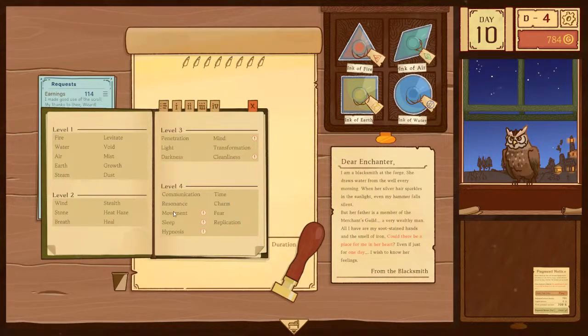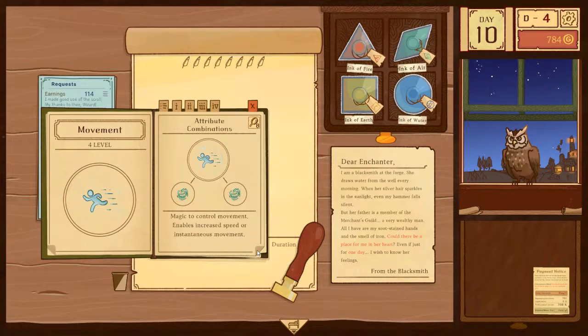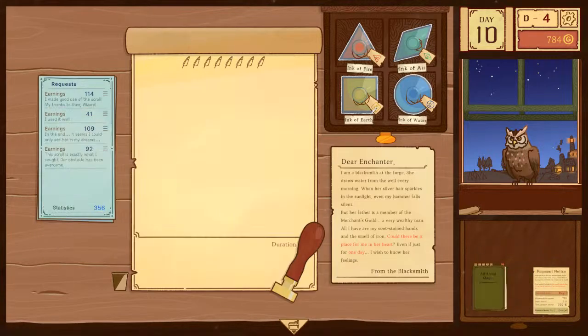That sounds a lot like your warm charm. Or resonance? Is this resonance or is this charm? I can't tell. I don't want it to be charm because that sounds creepy, so I'm gonna go with resonance. Wind and breath.